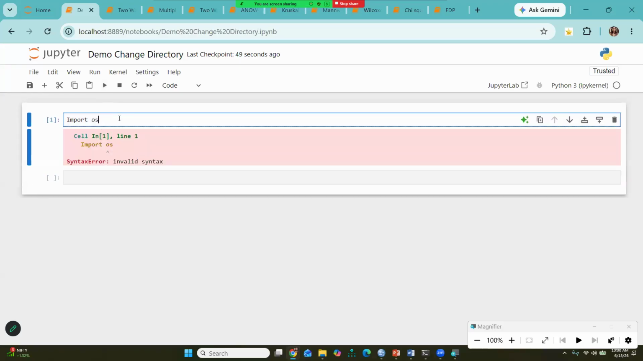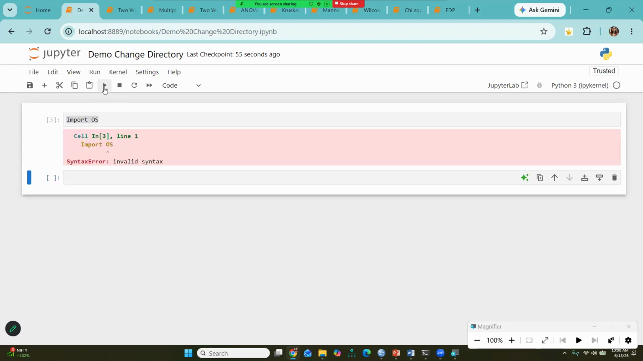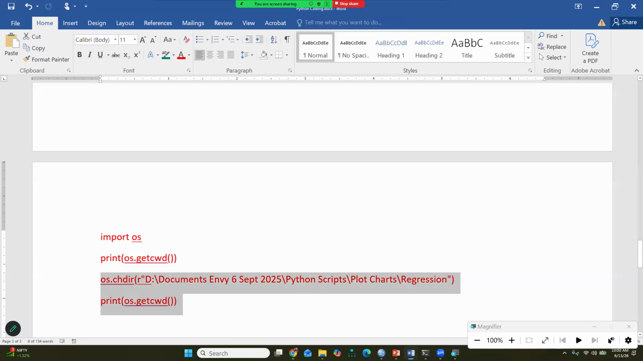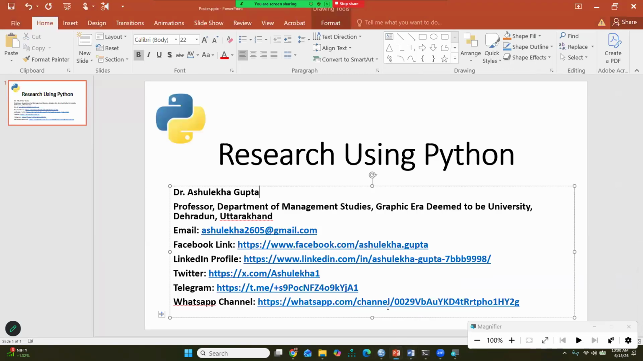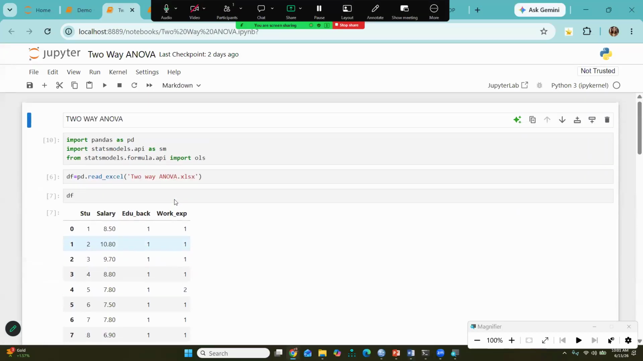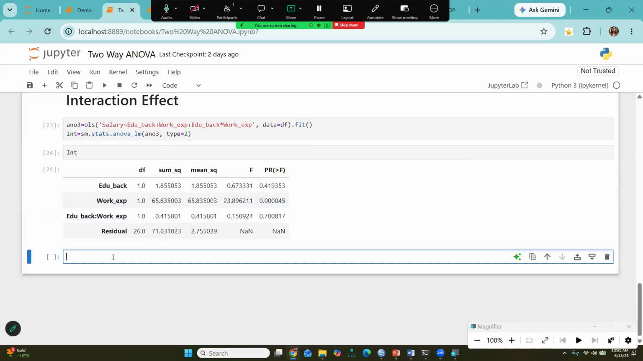Why is it a command? Because that's the most important thing, it is very case sensitive, right? We have not given other commands also. These are the commands. Import the operating system, because before that other commands also we have to give. So I'm using that two-way ANOVA file, and simply I'm writing here, import